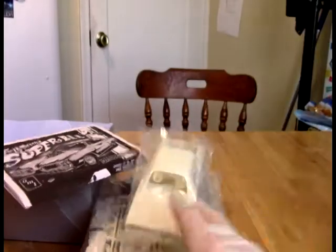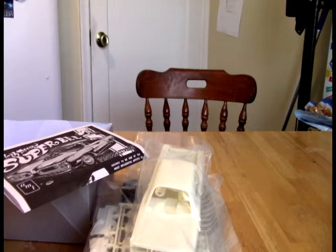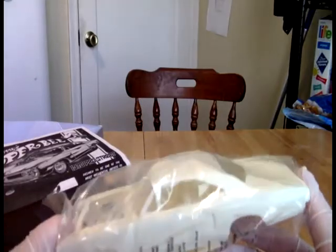So really, despite its influence in the beginning, this is really going to just be more of a redemption build. Just really going to try to get something good out of an AMT kit and a Dirty Donny kit, and we'll see how that goes. So first thing we need to do definitely is to clean up the car, and then we'll go out and shoot it and put all the goodies on it,